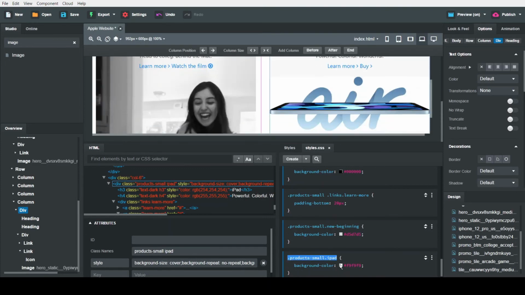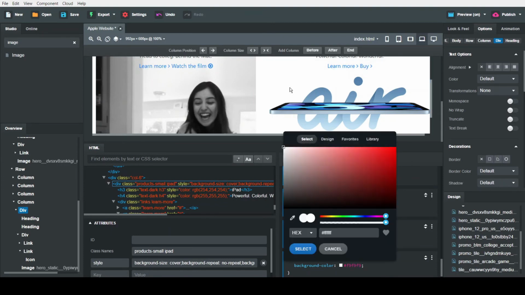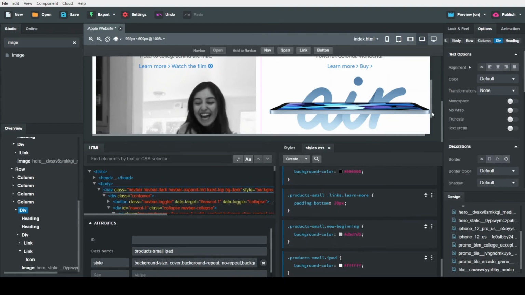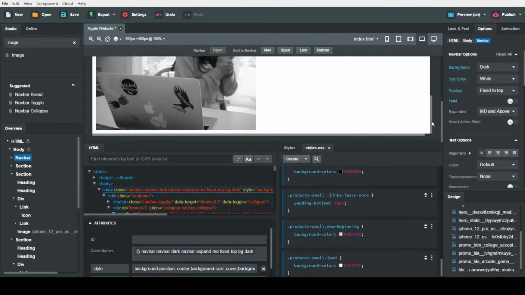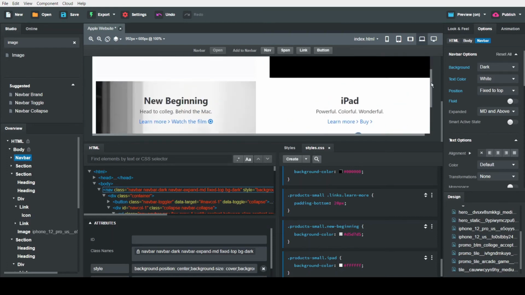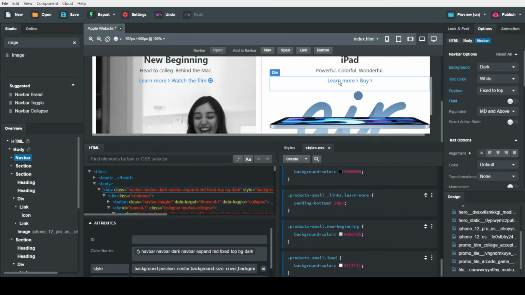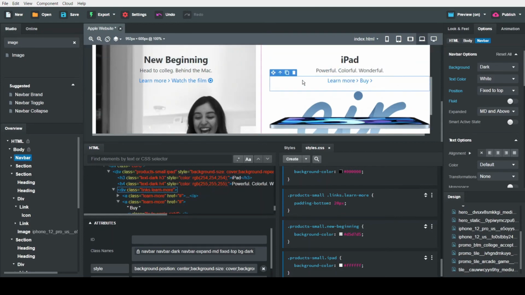We're gonna select the same color which is in the image background. It looks like the image is too near the links. And there is a space in the bottom.